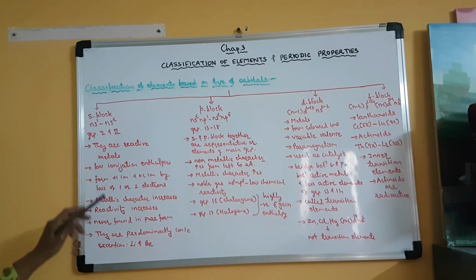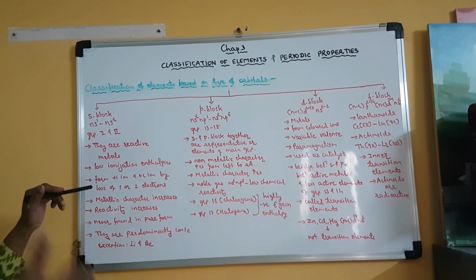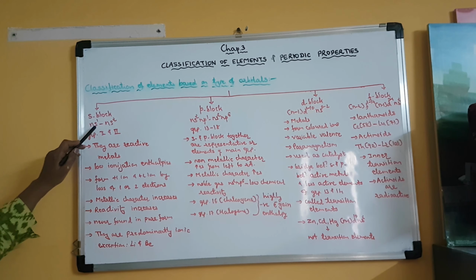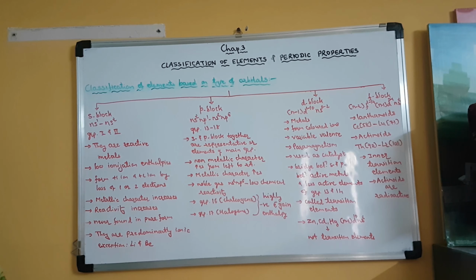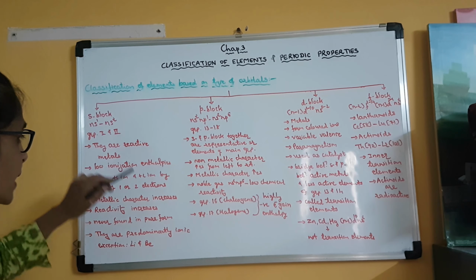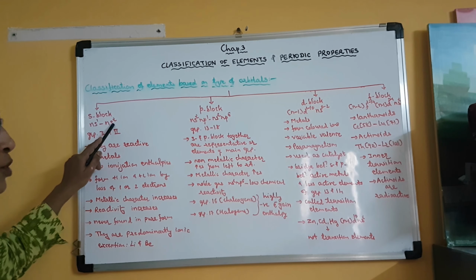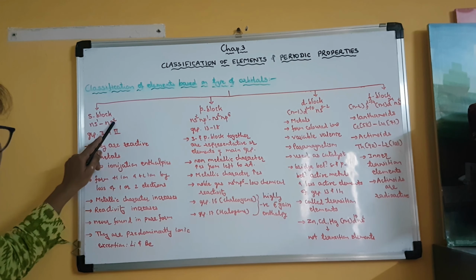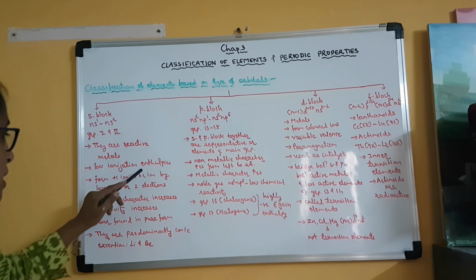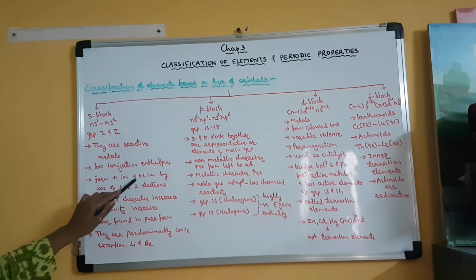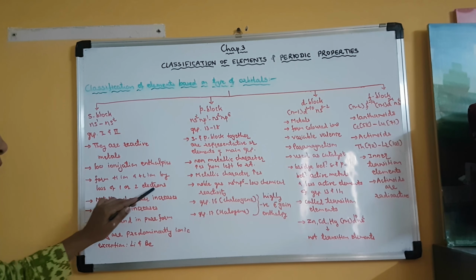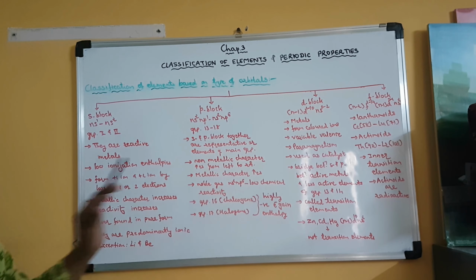They can form either a +1 ion or a +2 ion. The first group elements, lithium, sodium, potassium, rubidium, cesium, have one valence electron. So if they lose that electron, they will be converted into a +1 ion. And the second group elements, that is alkaline earth metals, have two valence electrons. So by loss of two valence electrons, they are converted into a positive ion with +2 charge. Clear? So they can form +1 ion and +2 ion by loss of 1 or 2 electrons respectively.